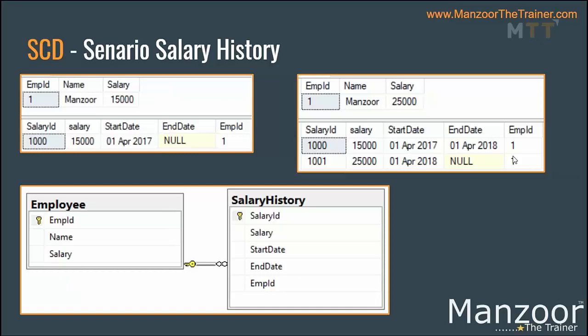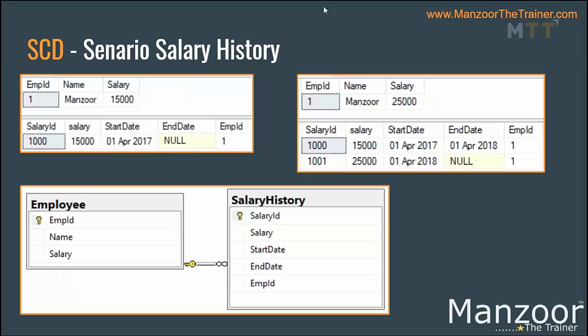Two scenarios we have. Whenever we perform an insert operation, how many insertions do we need to make? 2. Whenever we perform an update operation, how many operations do we need to perform? See, do you understand my question first of all? Whenever I want to create an employee, how many and what are the operations I need to perform? Tell me. 2 insert operations. Is this clear? Insert into employee, insert into salary history.